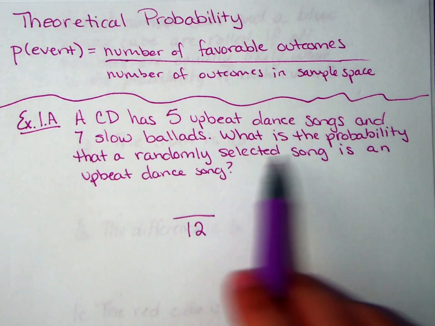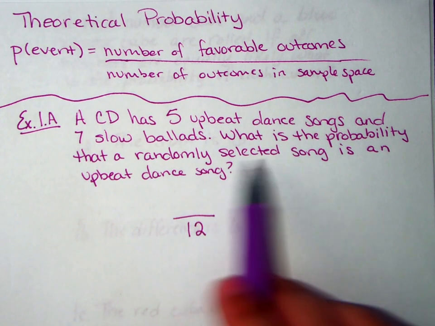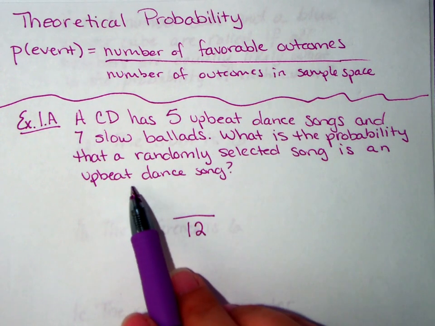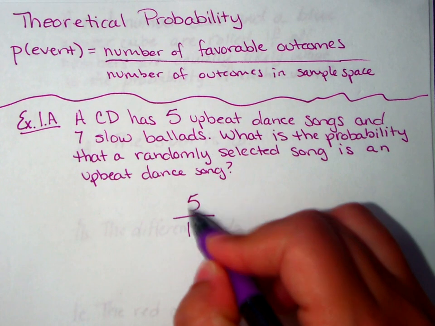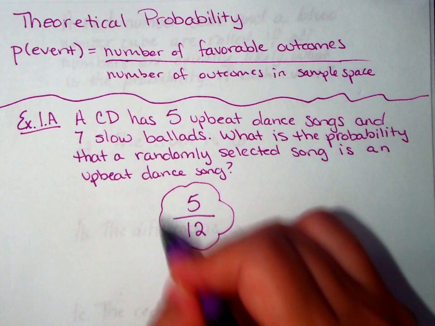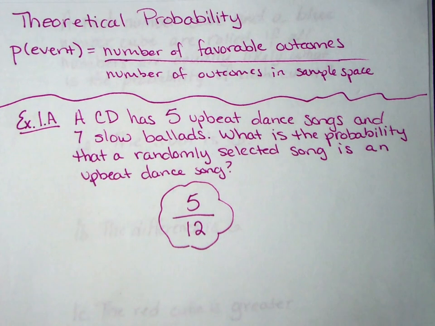All right. Our question is, what is the probability that a randomly selected song is an upbeat? Well, how many songs are upbeat? We have 5 songs, 5 upbeat dance songs. So 5 over 12 is our answer. Okay. Now, our next example,